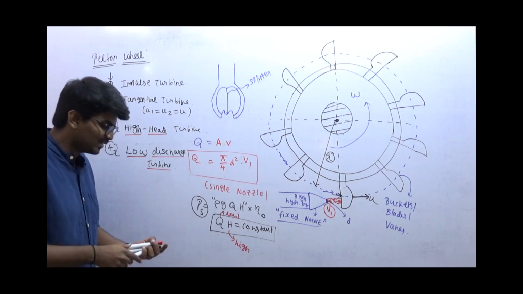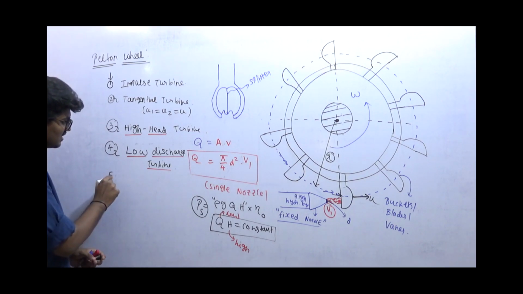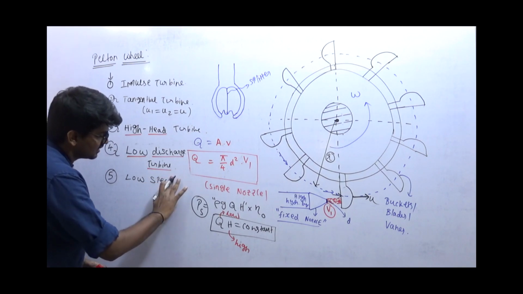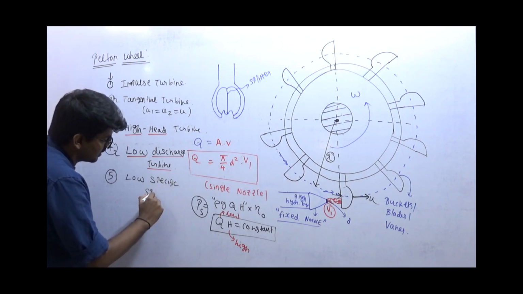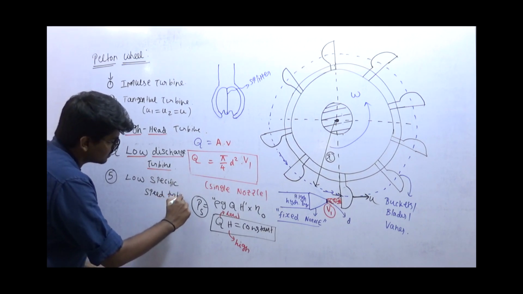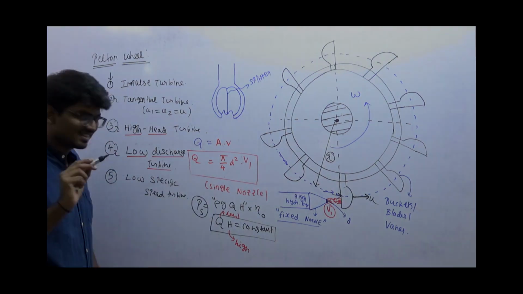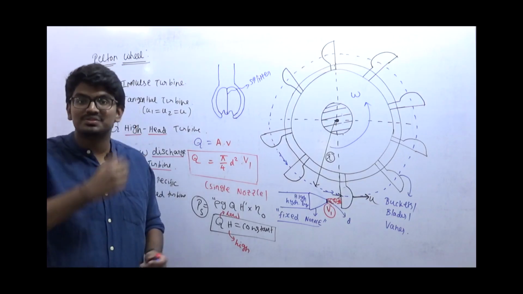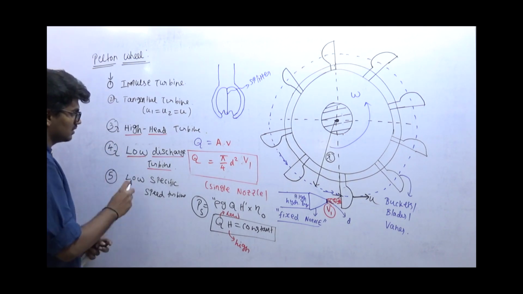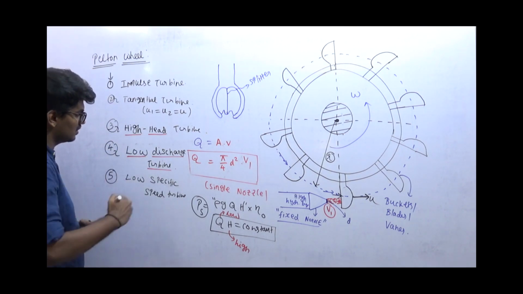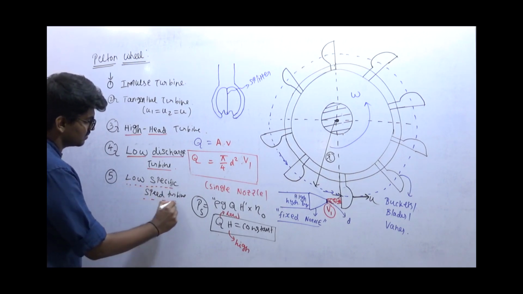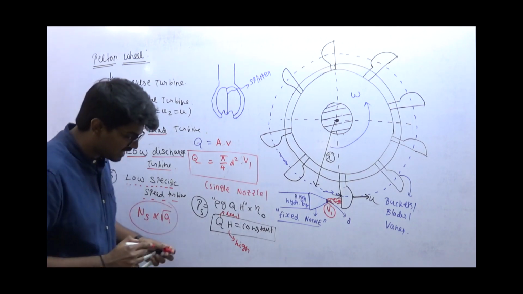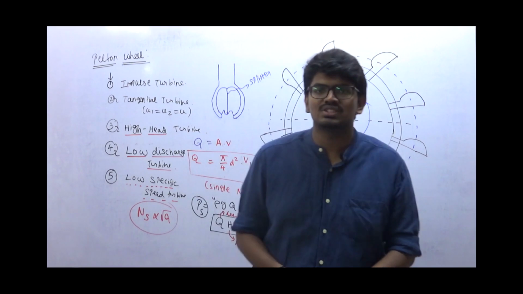Finally, one more very good conclusion. Fifth one, it is a low specific speed turbine. Why is it a low specific speed turbine? Listen. If you note it down, earlier, specific speed is directly proportional to root of Q. Now you might ask me one question, sir, this is only for a pump, why you are using it here?